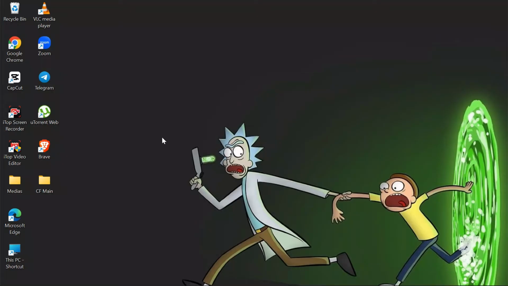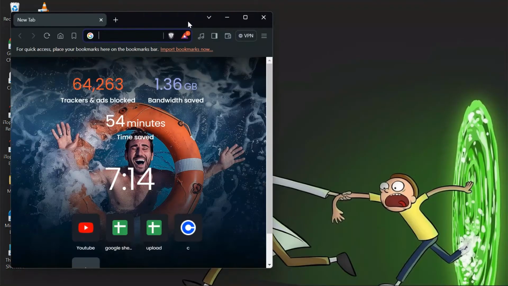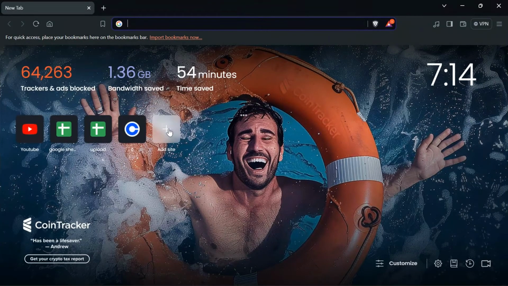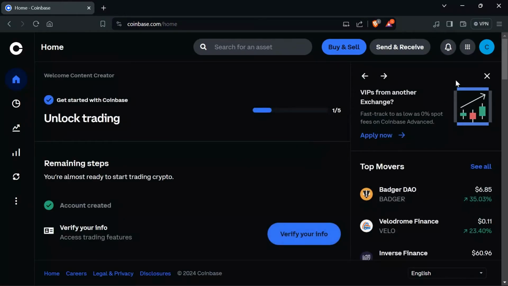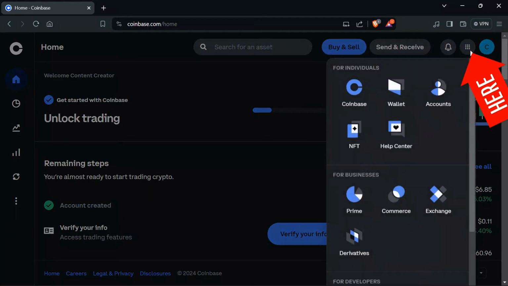Now in order to do that, just simply open any of the browsers on your computer. And after opening the browser, just simply open the Coinbase site and log in to your account. And after logging in, just simply tap this button and from there click on this account section